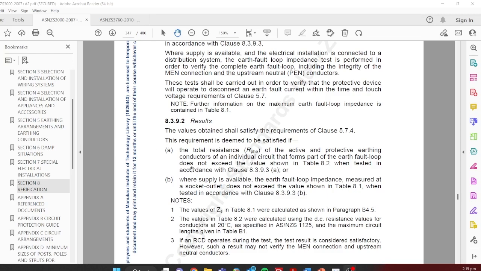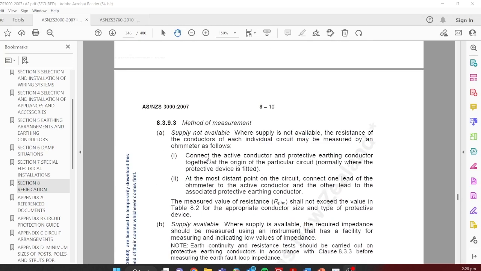There is a clause here that talks about an alternative test that we can do, and you're more than welcome to read up on that one yourself, but we're just going to cover today doing the simplest test, which is the earth fault loop impedance test with the earth fault loop impedance tester. This test here talks about measuring the resistance of individual conductors. So let's just have a quick look then at